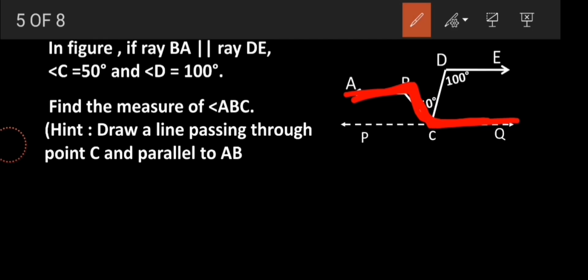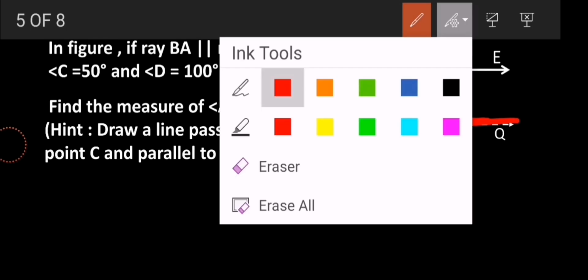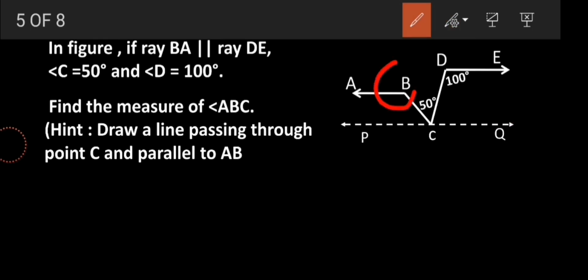If Z is made, that means they are alternate angles. So I need to find ABC. I need to find ABC, that is the alternate angle of this, correct? Angle BCQ is the alternate angle of it. If I am able to find out somehow angle BCQ, then ultimately I am able to write the answer of angle ABC, correct? So said, and now my target is changed.